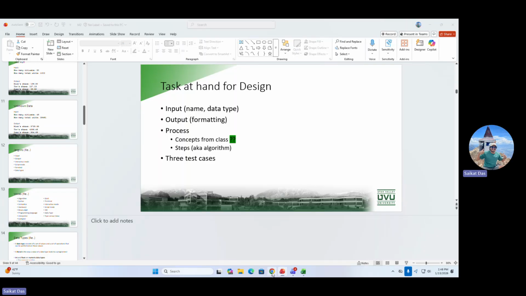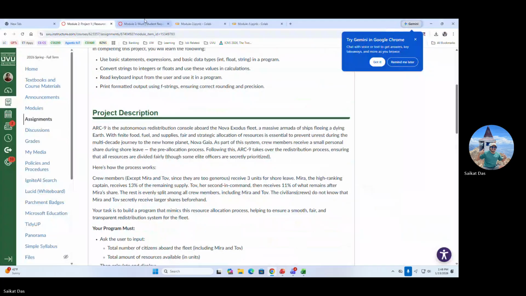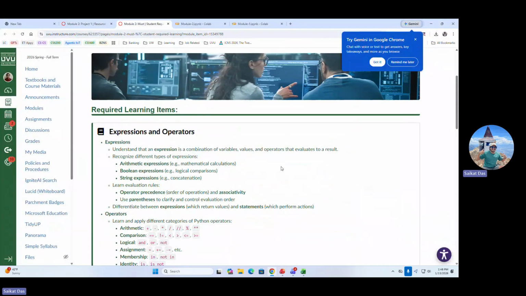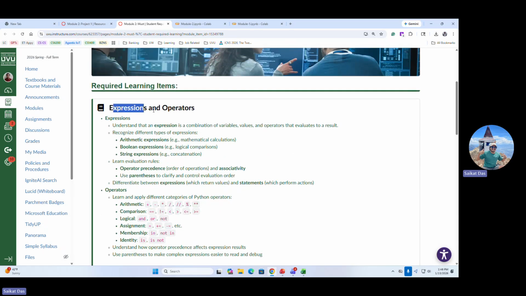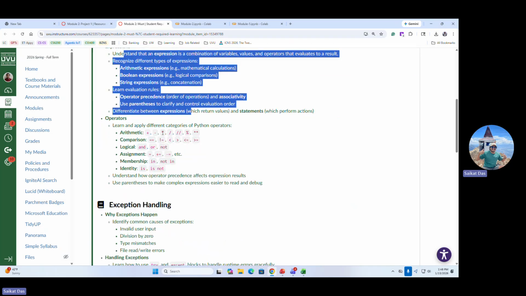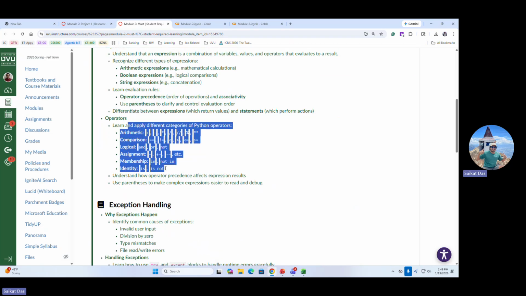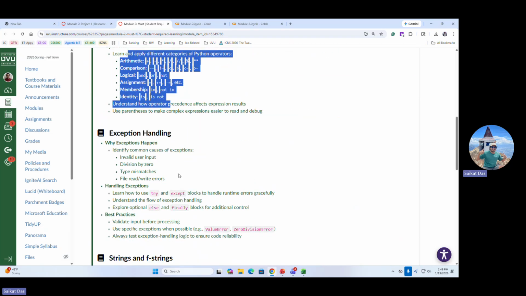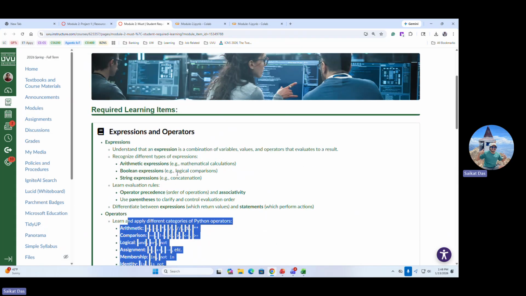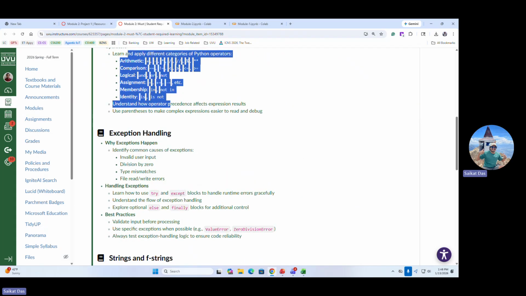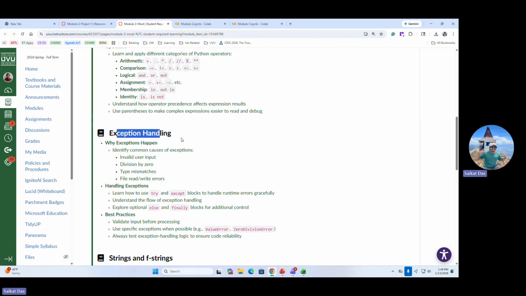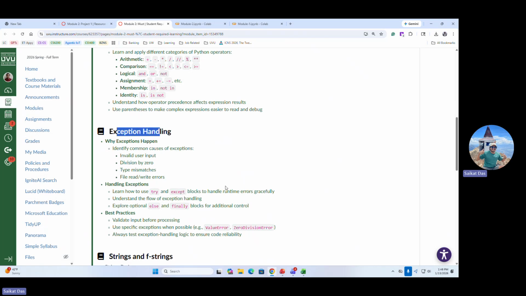As you have already seen in the student required learning, those are the required things that you need to learn for this particular week. The first is the expression and operator, what you need to learn. Those are the important things. For the operators, these are the various things that you need to learn. In addition to the expression and operator, we need to learn those two things, exception handling